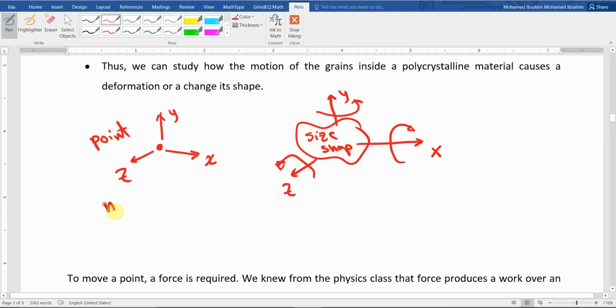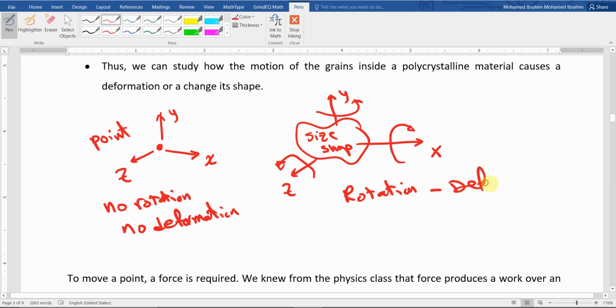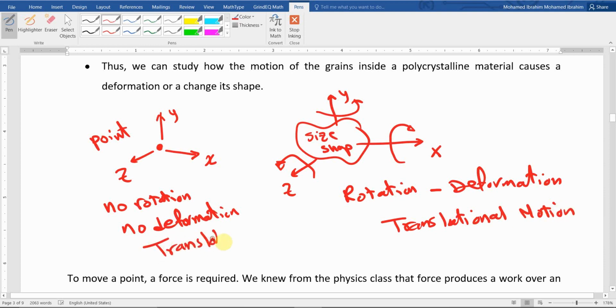So here in this case, there is no rotation, and there is no deformation. But for this case, we have a shape. There is rotation, and there would be deformation, in addition to the translational motion, that it can move along X, along Y, along Z. Here we have only translational motion. And this is very similar